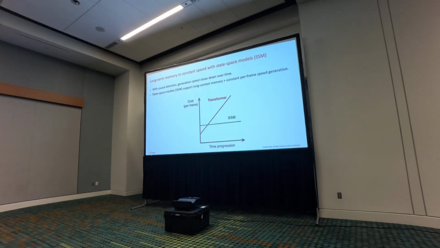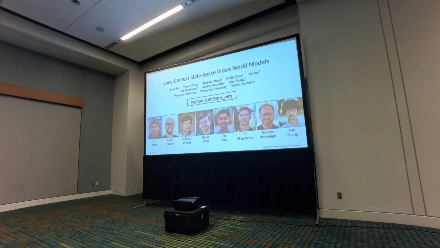And there is this family of techniques called state space models that has been developed in the past few years, including, probably you're familiar with Mamba and Mamba 2 and others, that basically address this problem by achieving basically a constant per frame speed generation for every frame by using this kind of state space technique. And that's the core concept that we introduced into causal video generation in this project that